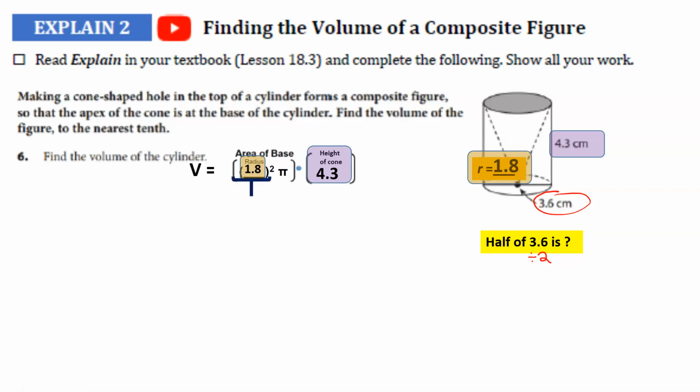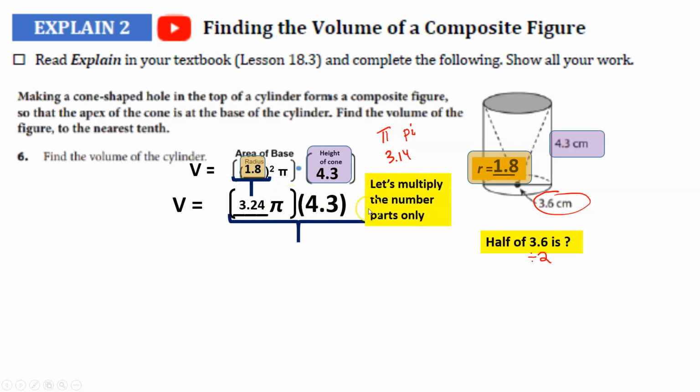Take a moment right now, and let's calculate what 1.8 squared would be. Hopefully you did that. That would be about 3.24. Notice how I'm bringing down the pi symbol, in case you're still not sure what that symbol is. It's called pi, and an approximation for that would be 3.14. The next thing we're going to do is multiply the number parts of our answer,